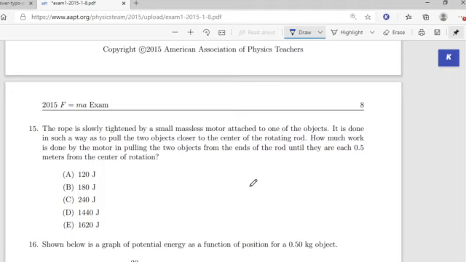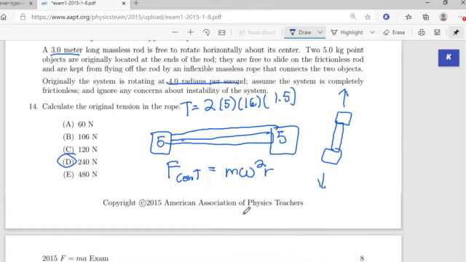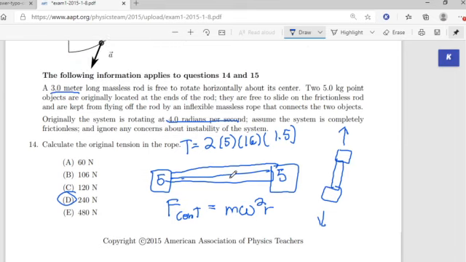The rope is slowly tightened by a small massless motor which is attached to one of the objects. It is done in such a way to pull the objects closer to the center of the rotating rod. How much work is done by the motor in pulling the objects from the ends of the rod until they're 0.5 meters apart? And keep in mind they're initially 3